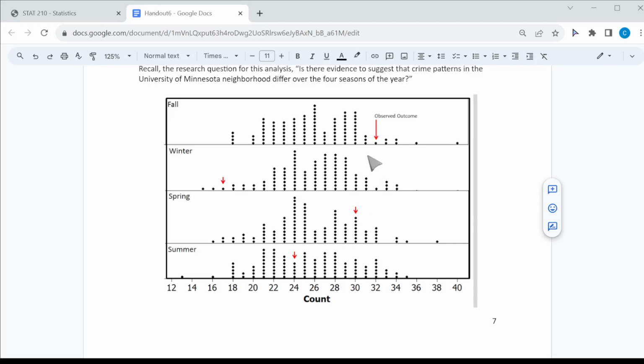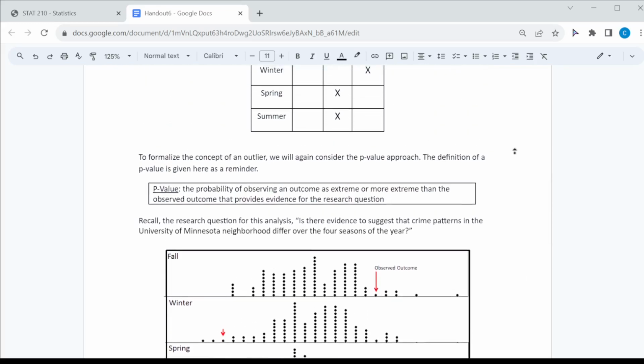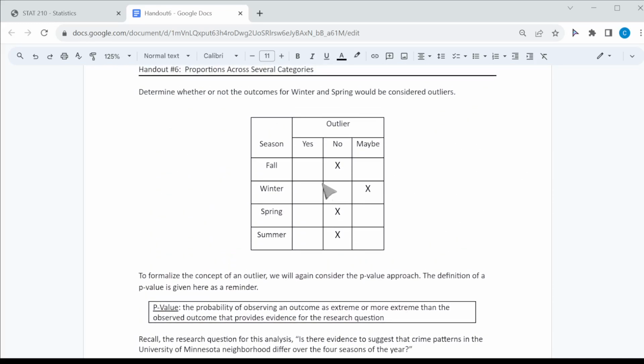We left off in class talking about the fact that 32 was not really an outlier, 17 was kind of on the edge of being an outlier, and then 30 for the spring was not an outlier, and 24 was not an outlier. So what we had in class is something like this. Fall was no, winter was maybe a yes, and then no. And we had to make a decision about whether or not crime patterns were equal throughout